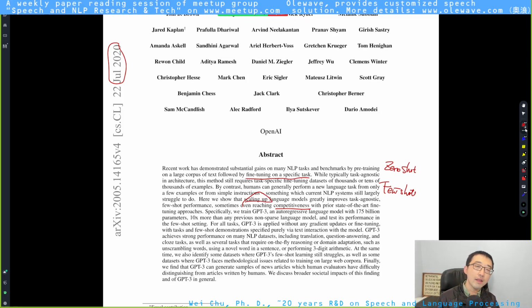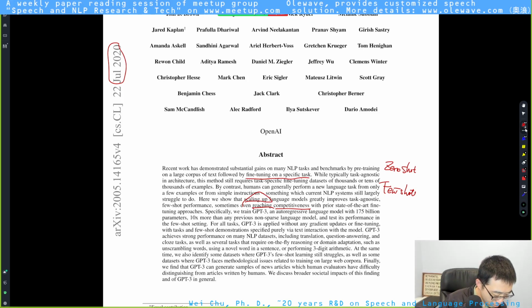I think this writing is very delicate. I recommend you to pause the video and think about what the author means here. Well, this is a nice way of saying that they are not better than the state-of-the-art algorithm, but they're very close, and they're saying their algorithms are promising. They recommend people to try this. That's what reaching competitiveness means.